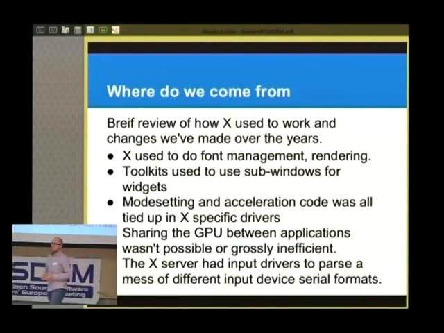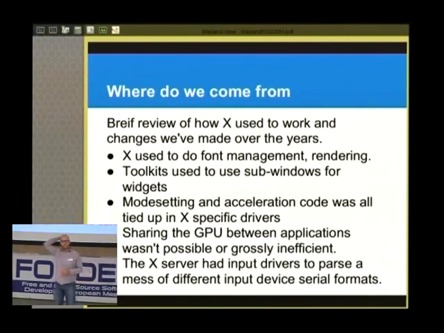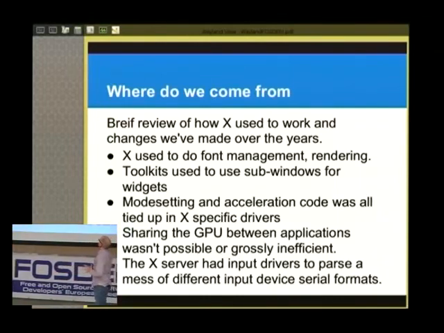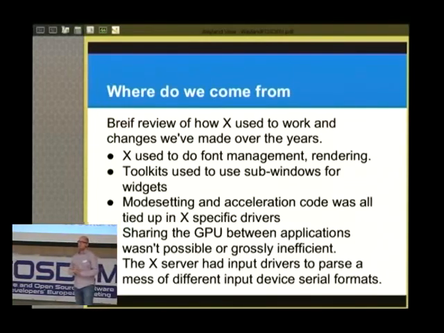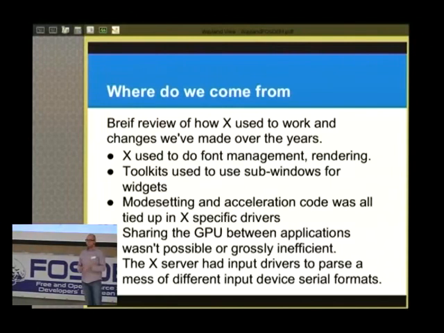So just to recap quickly, what X did in the past, how we used X in the past, and how our UIs worked in the past. We used to have a lot of, and there still is a lot of functionality in X that does all the rendering. So when you render rectangles, lines, wide curves, and so on, the X server has code to rasterize all that rendering. It has code to manage the state, how thick do you want to have your lines, and what's your stipple, and so on.